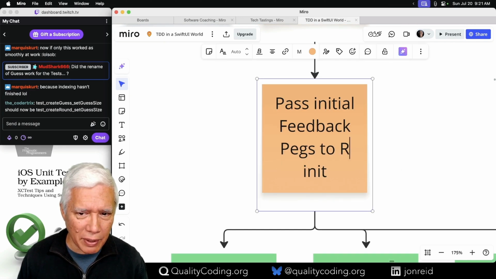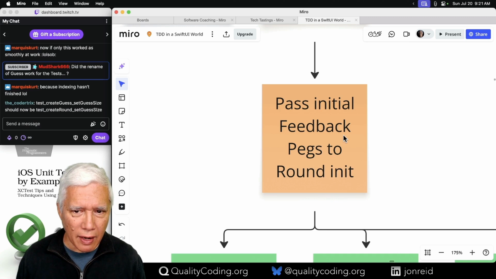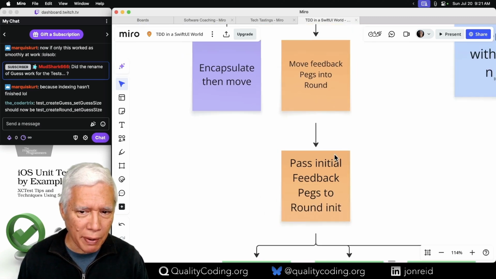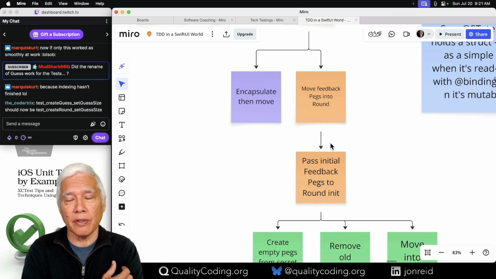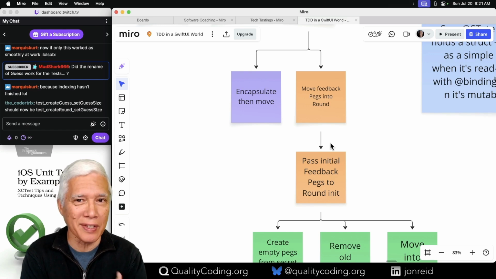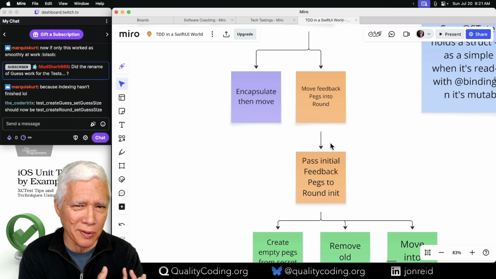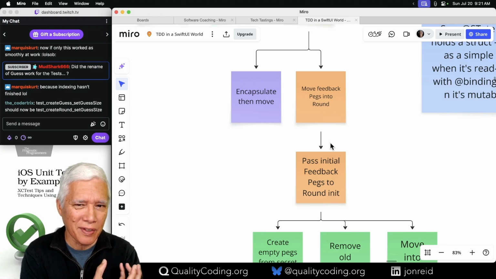This I'm not sure about anymore. I don't think that we should pass the initial feedback pegs into the round initializer. The round should just maintain the pegs. I know there's a school of thought that says you shouldn't ever have an object initialize another object, and I think that's overkill.